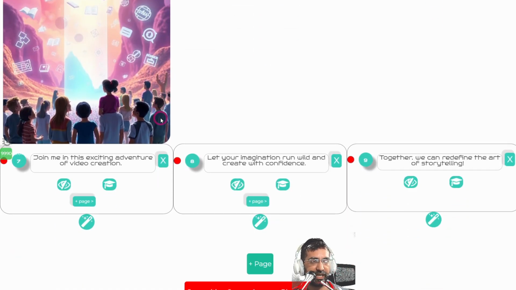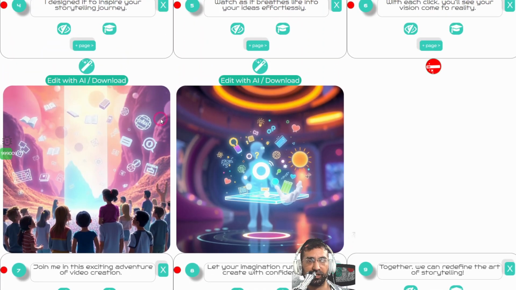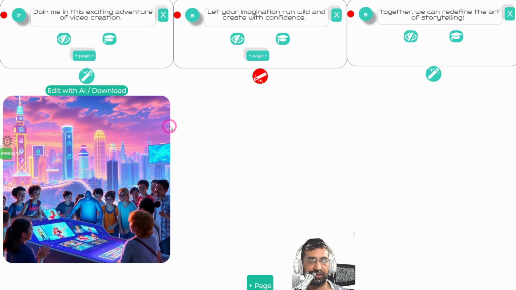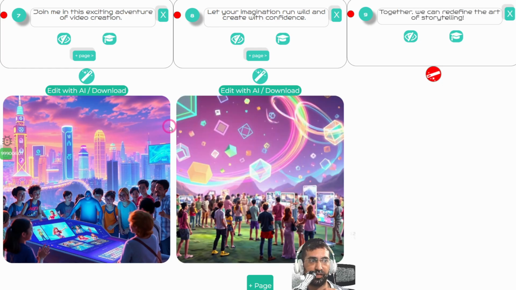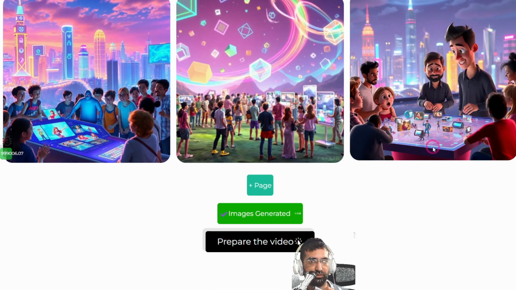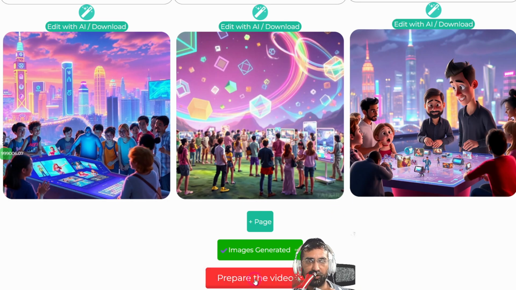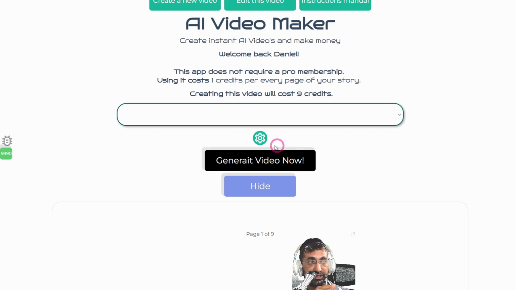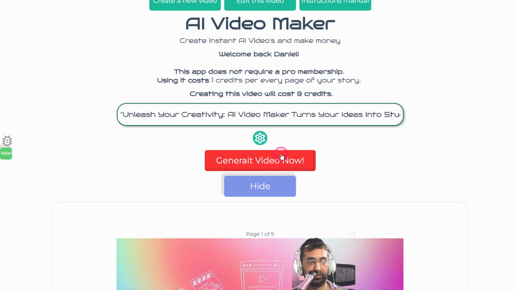Once all the images are created, we're going to be able to choose the orientation of the video, the audio in the background, and the voice of the video, or you can just choose the default options. You don't have to think too much. If I just went with the default options, it would be ready to create in one go. So let me click on prepare the video now. Once I click on that, I'll be taken to a page where I'm able to click on generate video now. That will do everything automatically, and maybe I should do that for the example, or we can click on